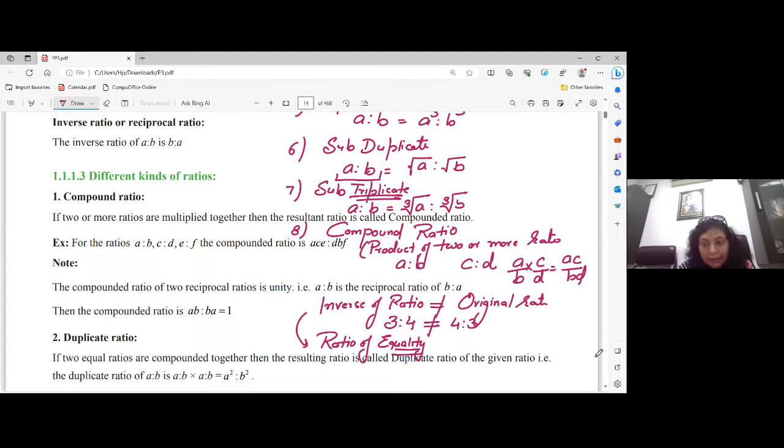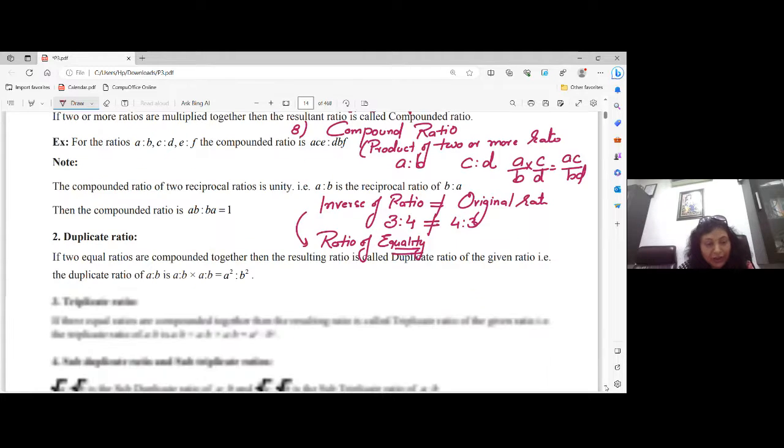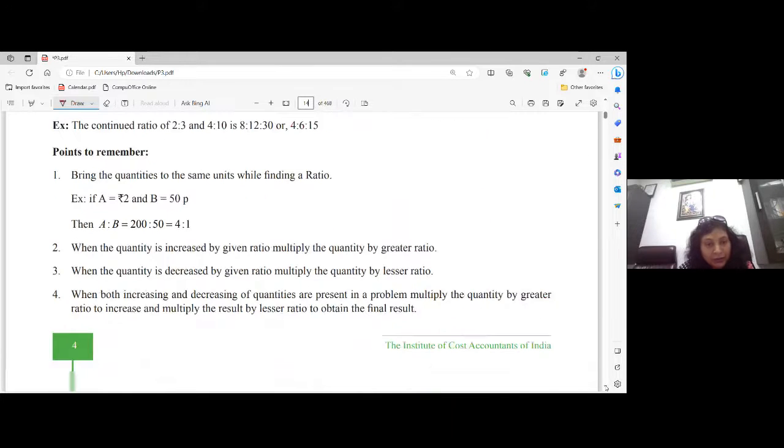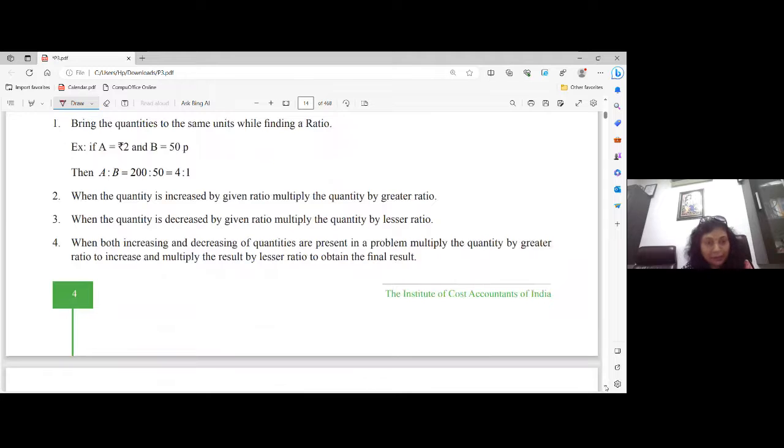So these are the basic terms of ratio. So we have to find out different types of ratios. Now, the most important thing is you have to keep it in mind when the quantity is increased by given ratio, then you have to multiply the quantity by greater. Suppose you have been given